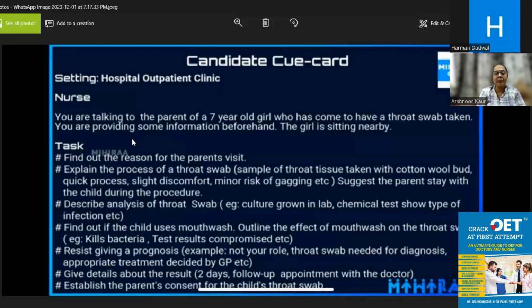Then give the details of the results: Sophia, you have to come for the results after 2 days, as hopefully we'll be getting her results by then. And after that, I'll set your appointment with the doctor. And if the patient has already been referred by some GP or doctor, then you can tell Sophia, you should see your doctor after 2 days with your reports. The diagnosis will be made by the doctor and your child will be prescribed the medicine which is required. By this, you may end the task: now, if you're ready, if your child is ready,